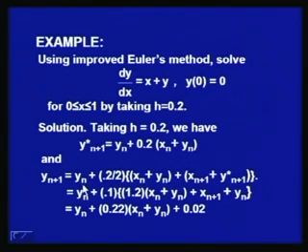and y_{n+1} will be y_n plus h by 2, that is 0.2 by 2, f(x_n, y_n), that is x_n plus y_n, f(x_{n+1}, y_{n+1}*), that is x_{n+1} plus y_{n+1}*, and then we have y_n plus 0.1, and then (x_n plus y_n), where y_{n+1}* is y_n plus 0.2 (x_n plus y_n). So, we put that value here and we see that we have 1.2 into (x_n plus y_n) and then x_{n+1} plus y_n. x_{n+1} is x_n plus h, that is x_n plus 0.2. So, we get y_{n+1} as y_n plus 0.22 into (x_n plus y_n) plus 0.02.